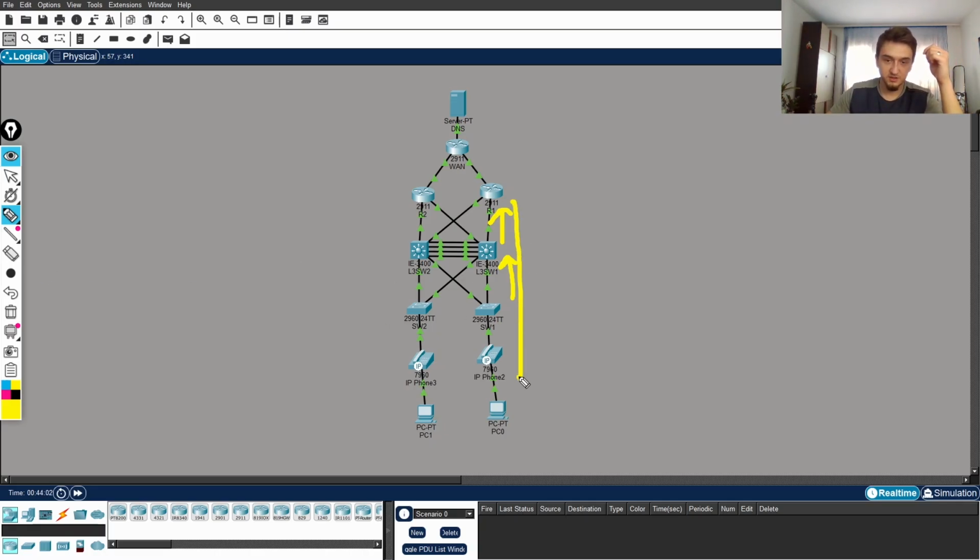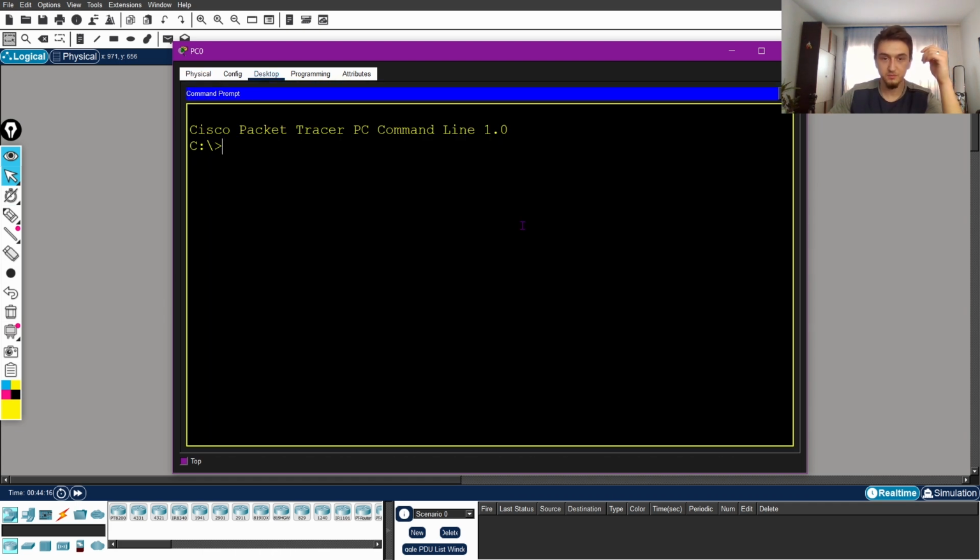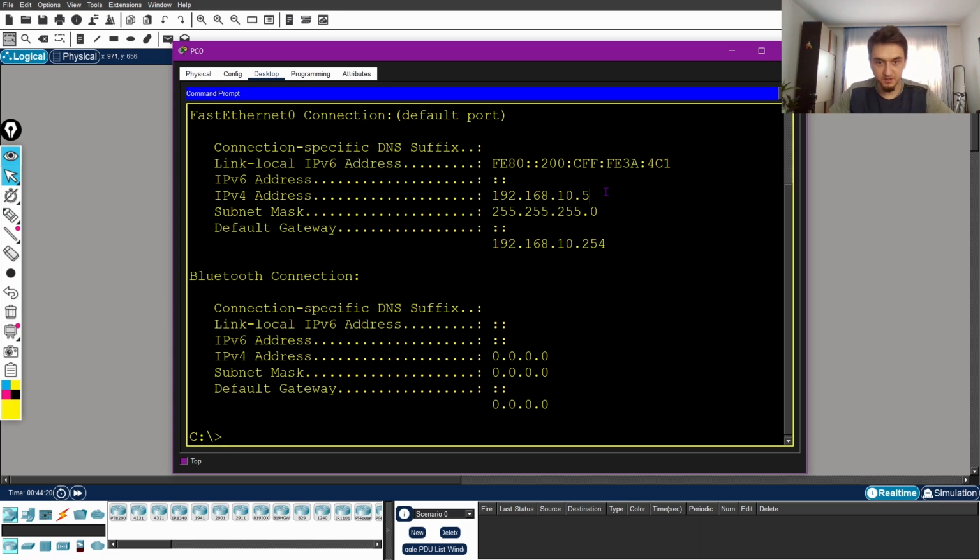It will go back, and the DHCP server will actually be working, and PC0 will have its IP address. I can showcase that with ipconfig. So now we have 192.168.10.5